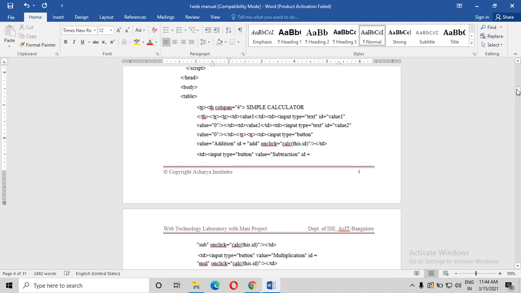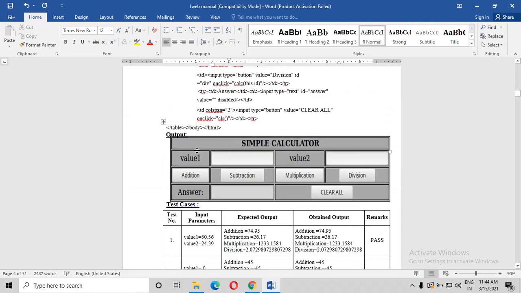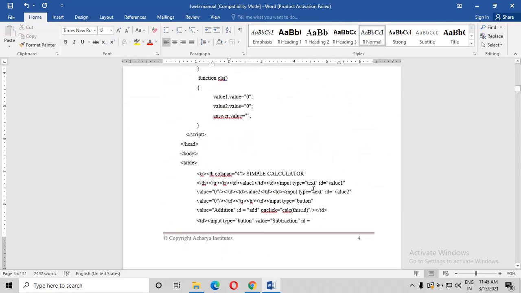A column span, if I use a column span as a 4 and the simple calculator, initially it will come up with this, right? A 4 means the rows it will create, and inside the rows you can take up 4 columns, the column span, but you have taken the naming as a table header as a simple calculator as I've given here. And the next table, please look into this, understand, go back. Yes, once after this TH, you are ending this, TR also you are ending.